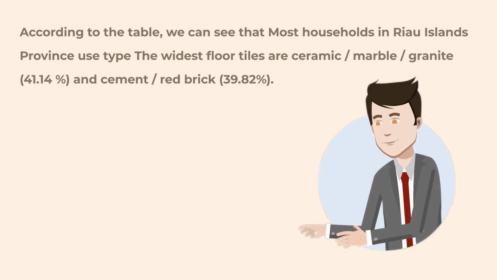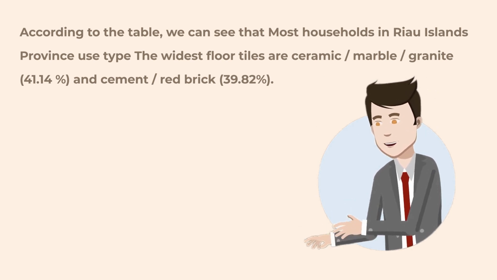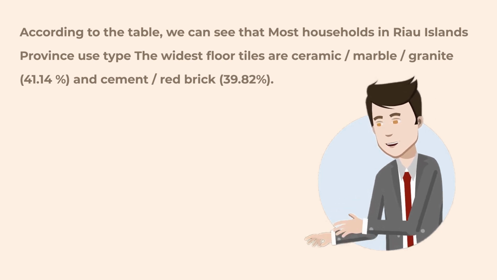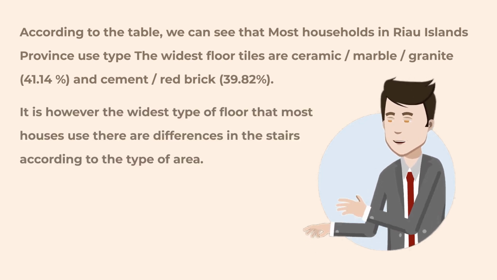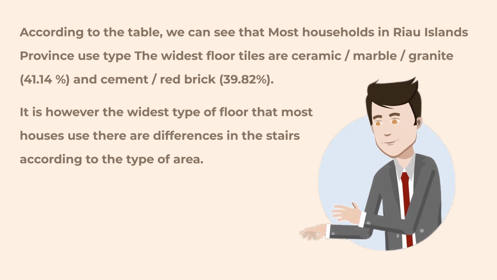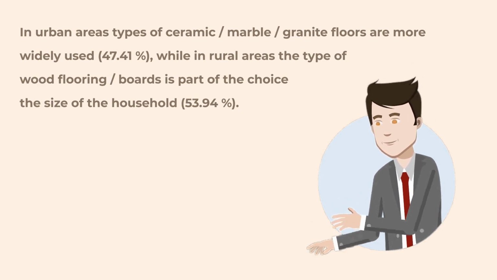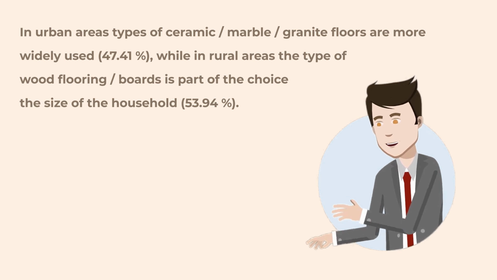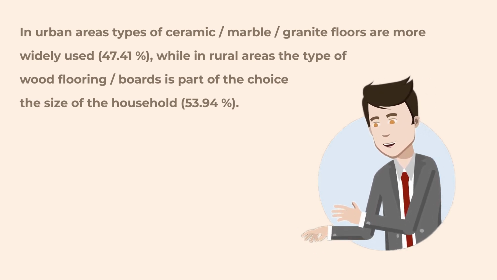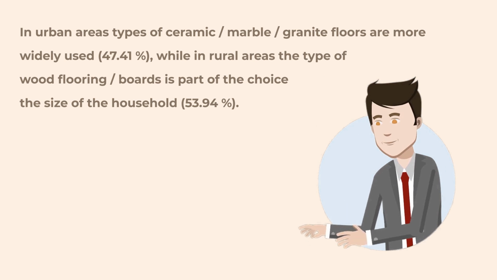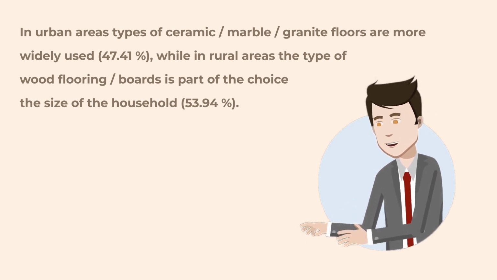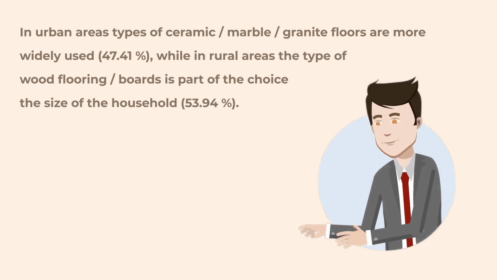41.14%, and cement or red brick, 39.82%. It is, however, the widest type of floor that most houses use. There are differences in the floors according to the type of area. In urban areas, ceramic or marble or granite floors are more widely used, at 47.41%, while in rural areas wood flooring or boards is the preferred choice,